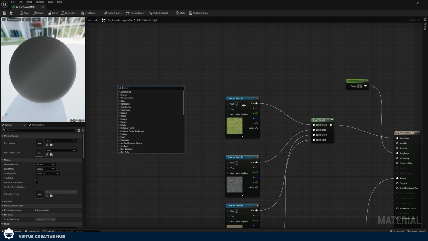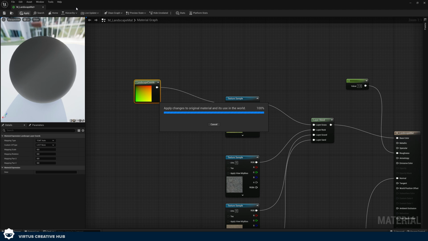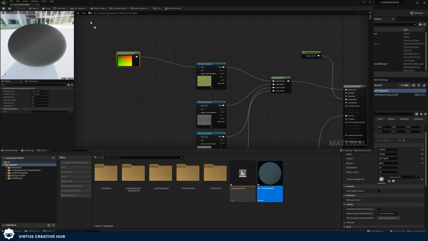The way we do this is by adjusting the UVs. And we can do this by using a node called landscape layer coordinates. And with this, I'm just going to put this into the UVs. Then all I need to do now is just adjust the mapping scale here. If we go ahead and press apply to this,